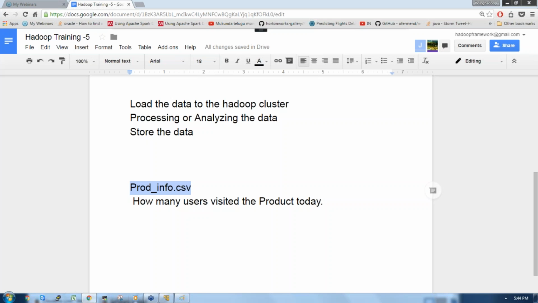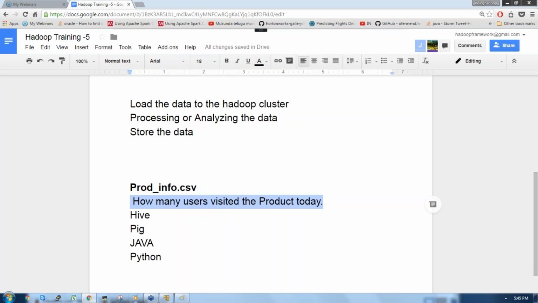This is the file where data about the users who visited the product is available, and I'm going to query the data like this. I'm going to write the query in different languages. Specific to Hadoop, I use Hive as one programming language, or Pig, or Java, or Python, to write this job.